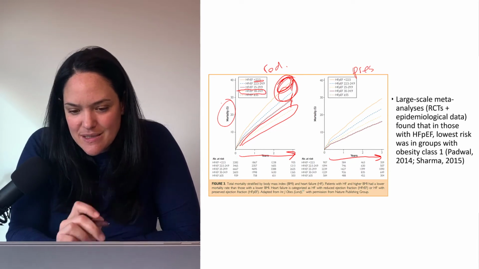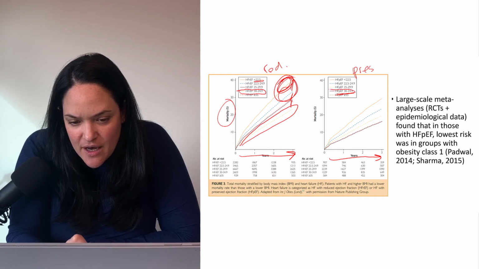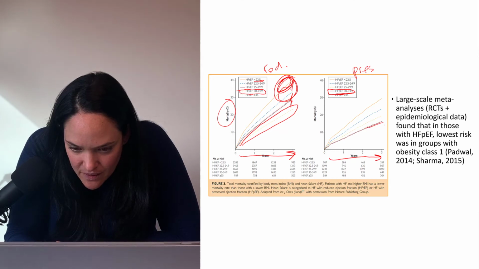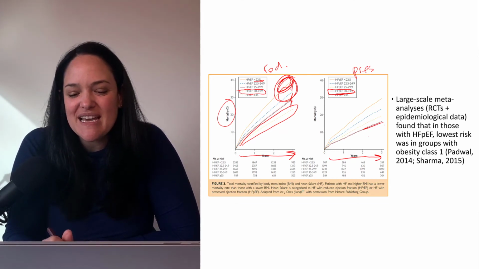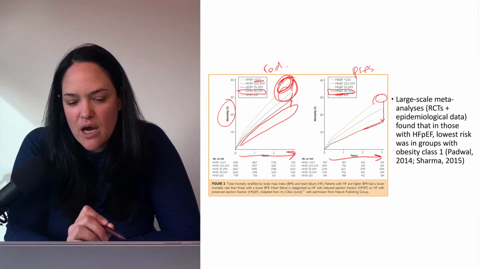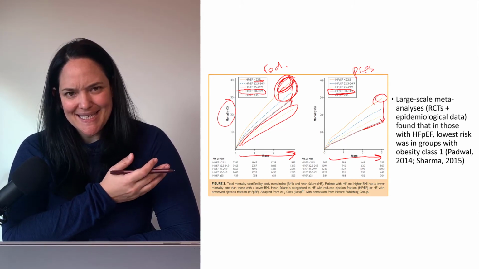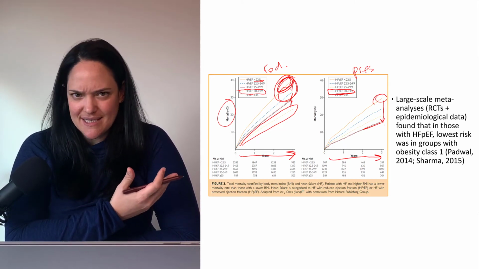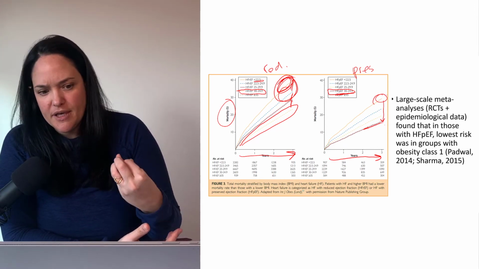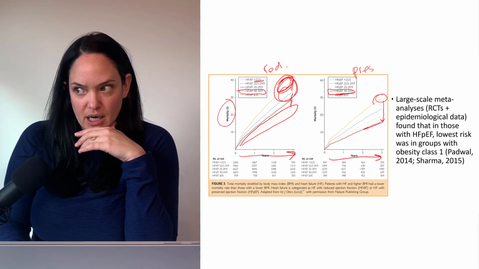And the same thing is mostly evidenced with preserved ejection fraction again. Again, those with class 1 obesity, you see that line here, kind of above that red line that I just made, they actually have a reduced mortality risk compared to those with a lower BMI. And this kind of doesn't make a lot of sense. Like, what is it exactly? Why would obesity provide some sort of protection towards the complications associated with heart failure? And quite honestly, we don't totally understand.